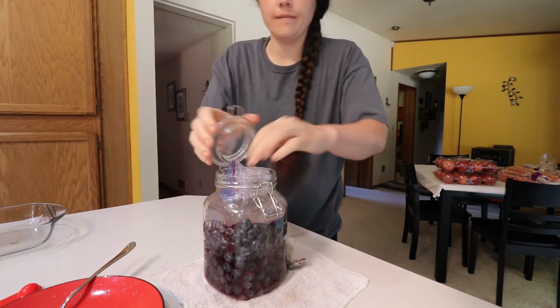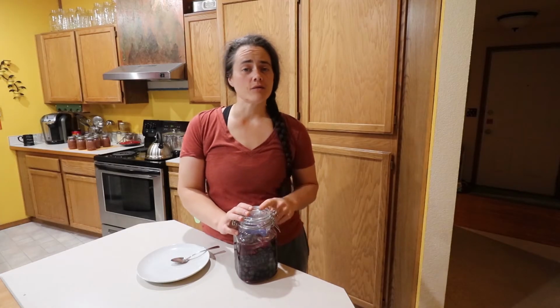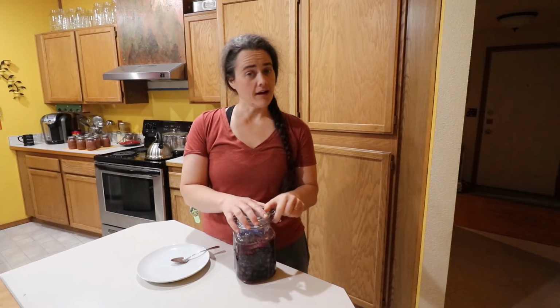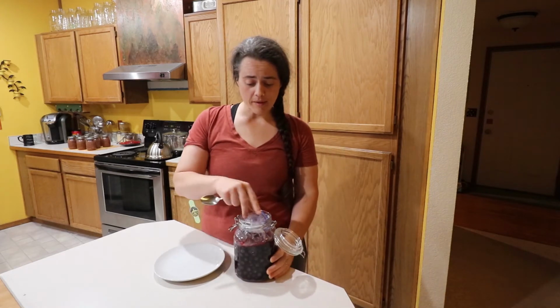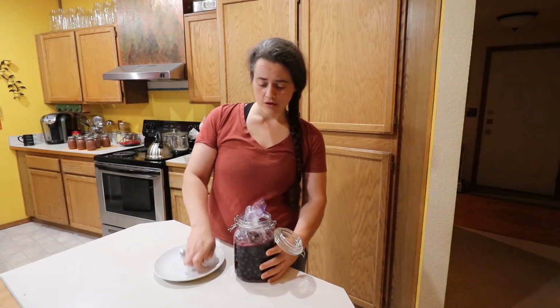Okay, there we go. It's been a few days since we checked on our blueberry ferment, and now we're going to go ahead and check on it again. See if the salt has kind of mellowed a bit and see if these are ready. As you can see,